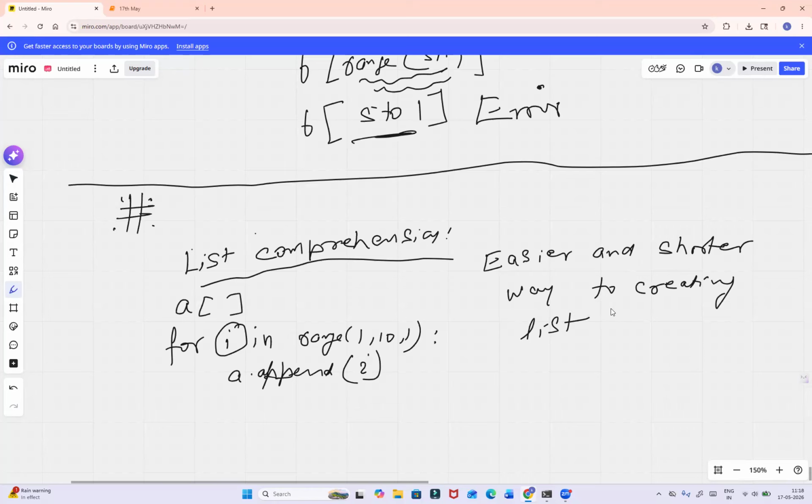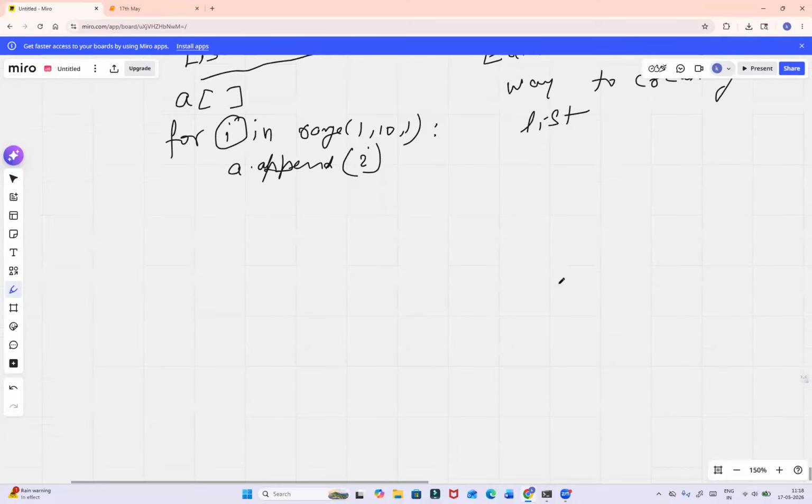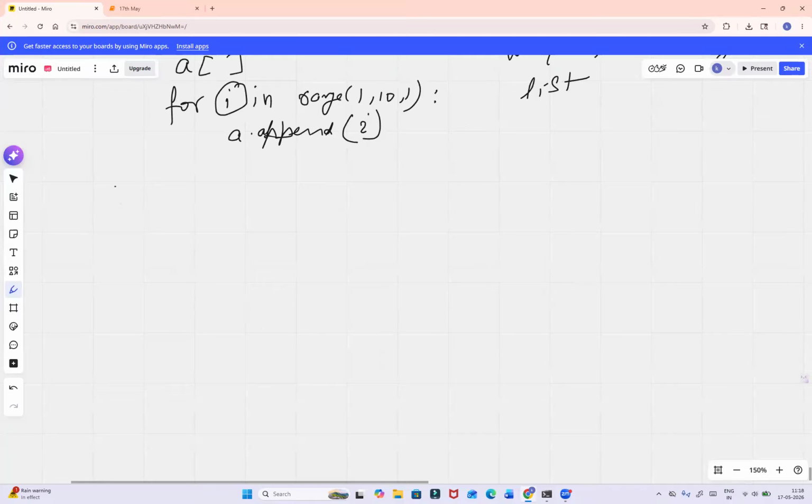And its syntax is very simple, guys. Let me give you one example, then we can understand it. So let's assume,